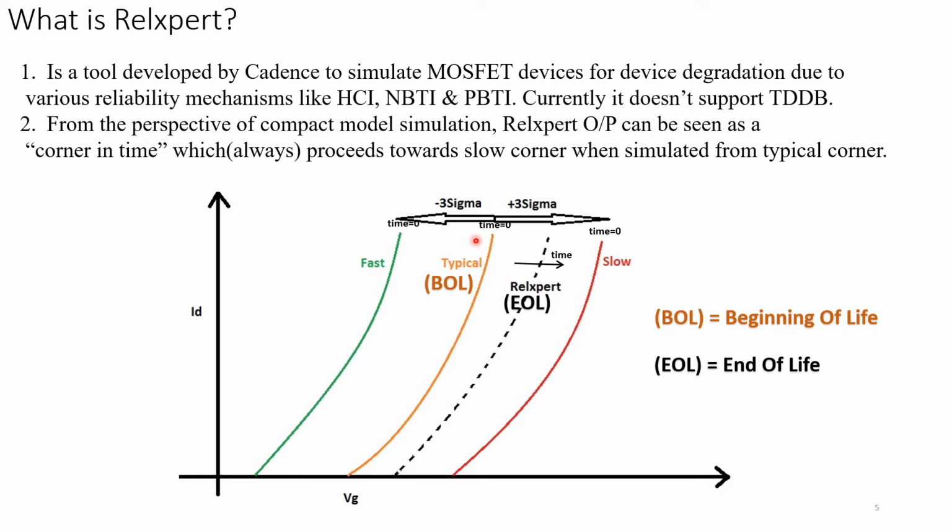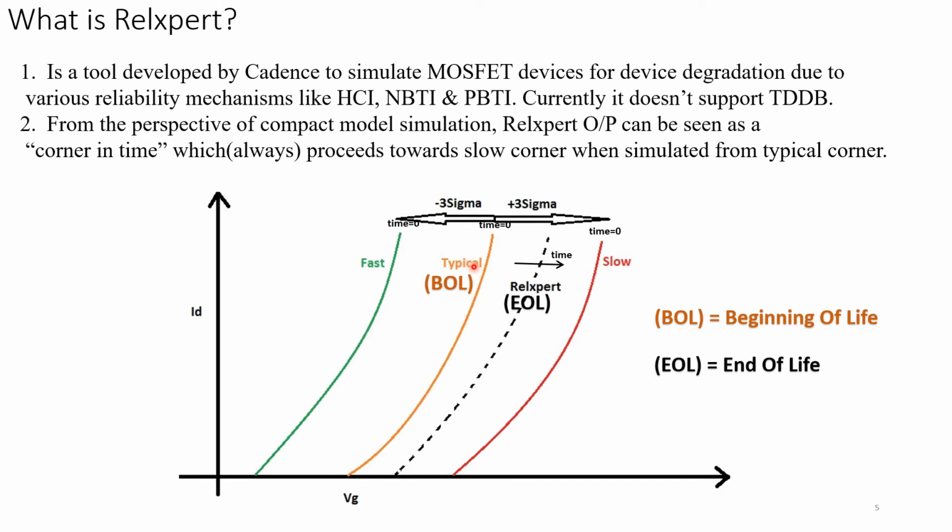Okay, now also given in PDKs are fast and slow corners, which are also taken at time equal to 0, because as I said earlier, these models are generated by the statistical distribution to model the plus minus 3 sigma of a given device from generally the PT, that is parametric test measurements performed in foundries, right? And what they represent is the fast corner represents lower threshold voltage and higher drain current, while the slow corner represents higher threshold voltage and lower drain current.